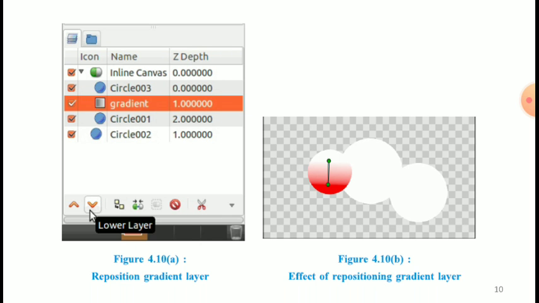For example, if we use a blur layer on top of the layer inside the inline canvas, it would just blur the inline canvas layer and not every layer that lies under the inline canvas. So first practical is over, that is the gradient effect of a circle.